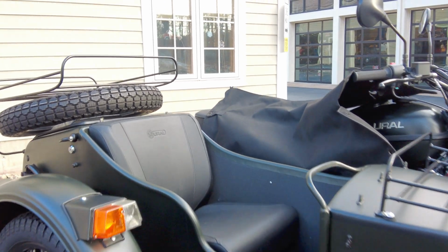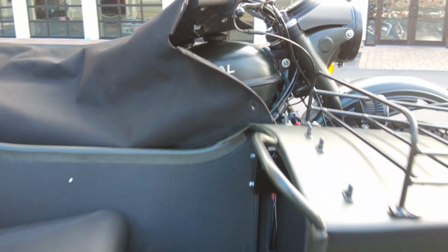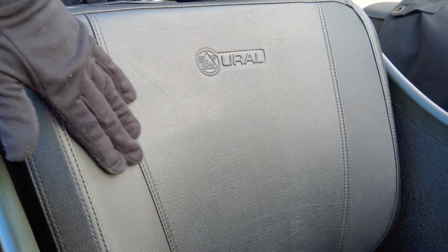So now that I have the cover off, all I did was throw it over the Ural just to show you the passenger compartment in this video. Very simple to do so. We have a nice seat. It even has some contour to it. It's a very nice place to be. Once again, even a floor mat in here,